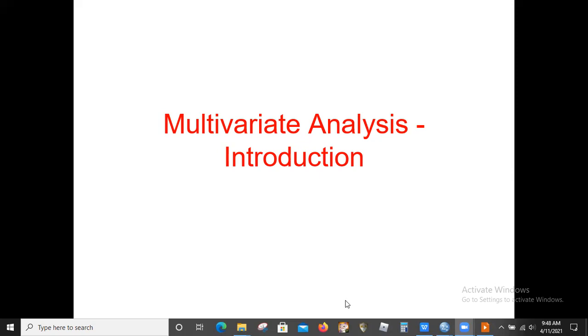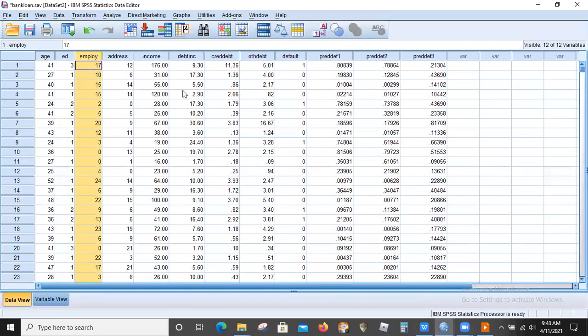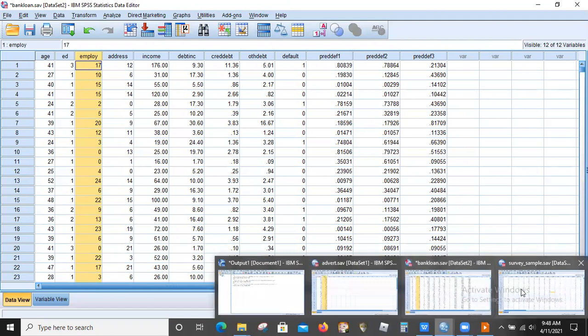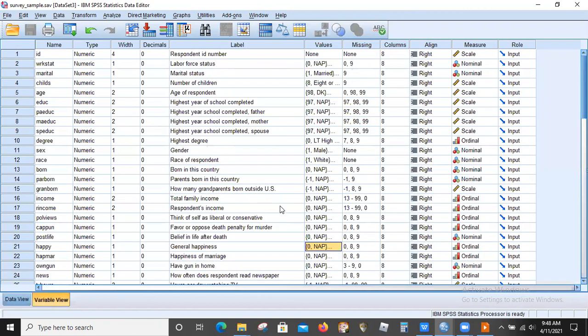Okay, we will go to that, but let me quickly tell you something about that. If you look at this Yes data, or maybe let me show you the other one. Yes, sir. The survey sample. If I go to the details of the variables,